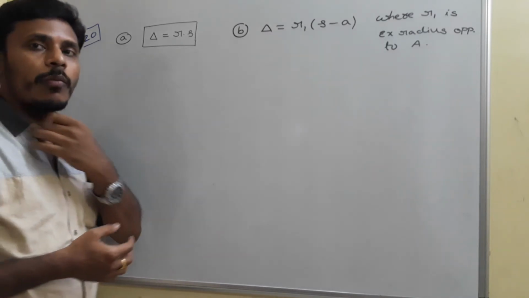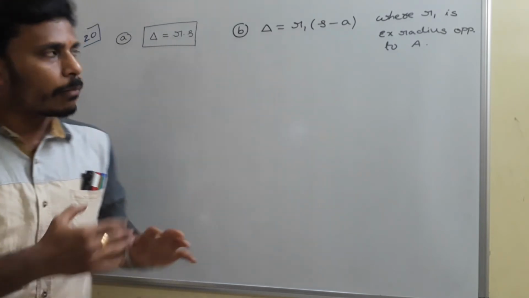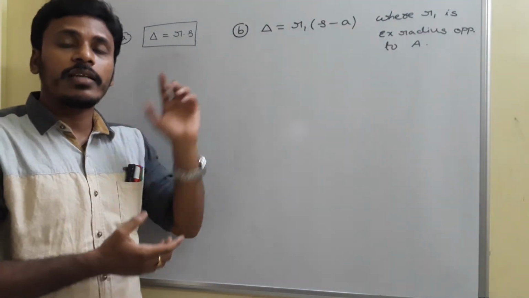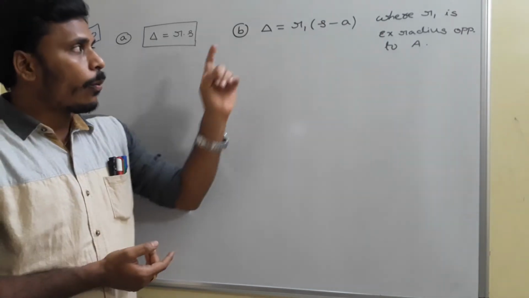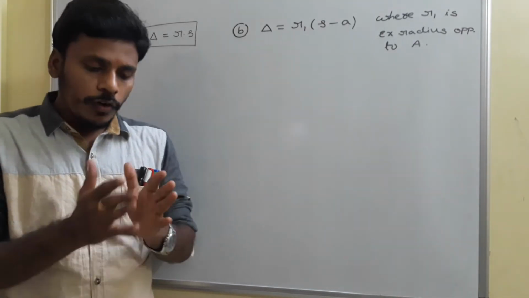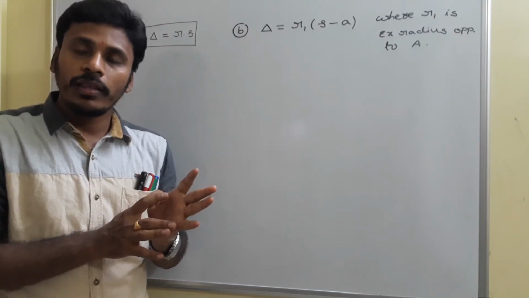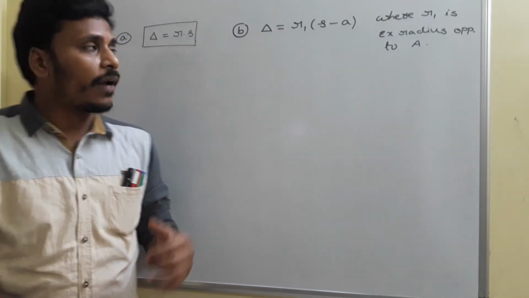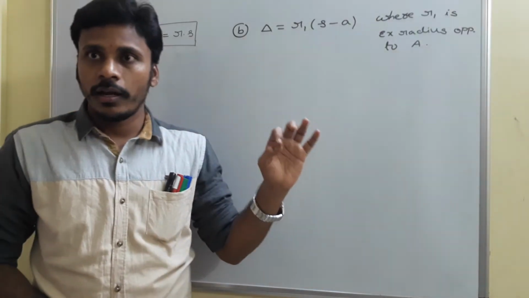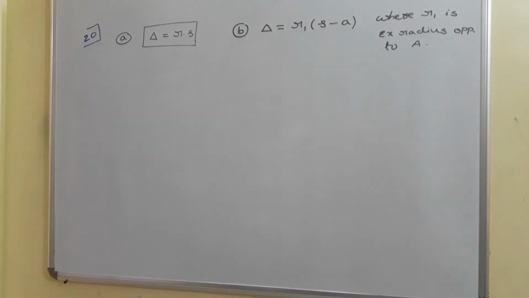We have different formulas related to the area of triangles, which we mentioned in previous points, but here are some more. The first thing is delta is equal to R into S, and the second thing is delta is equal to R1 into (S minus a), where R1 is the exradius. For every triangle, not only the incircle and inradius, along with that we have 3 excircles, 3 exradii and 3 excenters. The first one, exradius 1, R1, is opposite to vertex A. Similarly, we have the formulas related to exradius 2 and exradius 3 also.